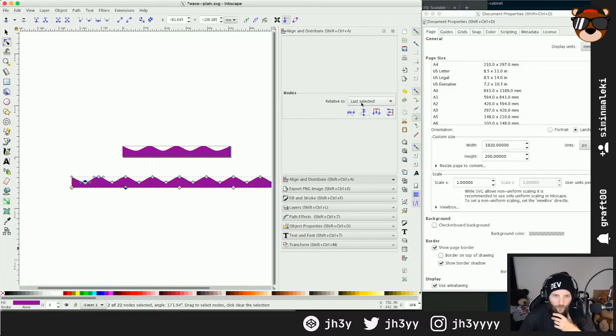So yeah, this is another trick in SVG. It's all about alignment and getting things right, so you use a lot of alignment tools and path tools. Here I want to align them to a common vertical line, because it's not going to matter whether this node is here or there, you're still going to get the bottom. All I've done is select this one, so if I align that, now you can see that works. Now all I've got to do is delete those two